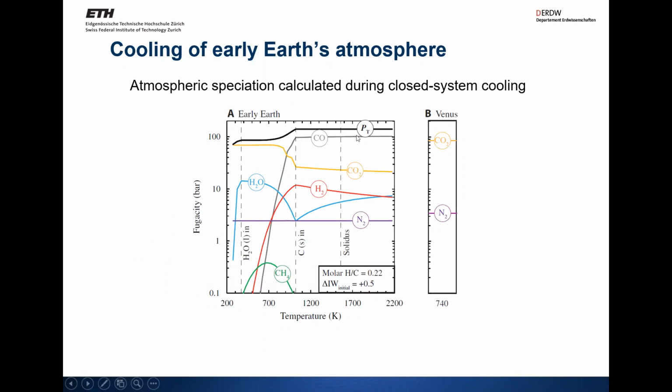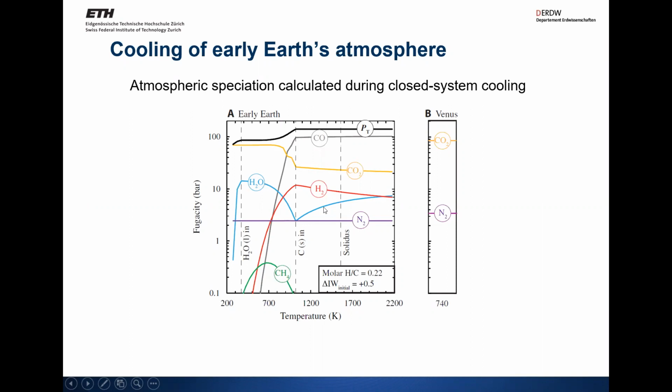And what we see is that at high temperatures, we have mostly CO and CO2. This is because water is about 99% dissolved in the magma. It's much more soluble than carbon species. So most of the water is actually dissolved in the magma ocean. And if we treat this as a closed system, then with progressive cooling, going from right to left, we have the precipitation of graphite, which causes a relative increase in the fugacities of CO2 and H2O. And at some point, we also have the precipitation of water from the H2O in the steam.